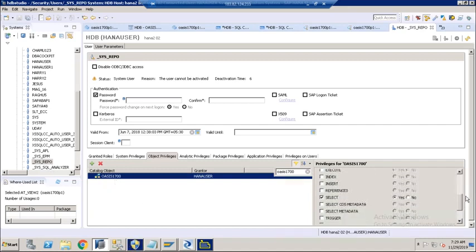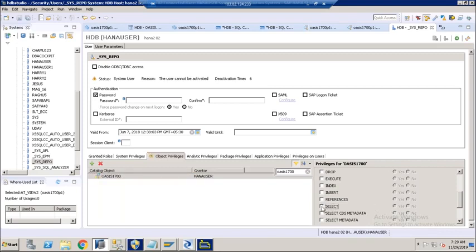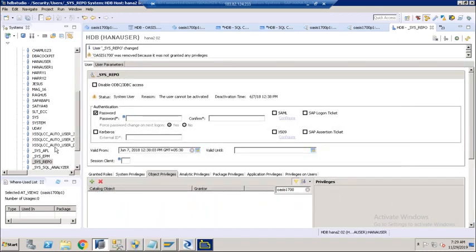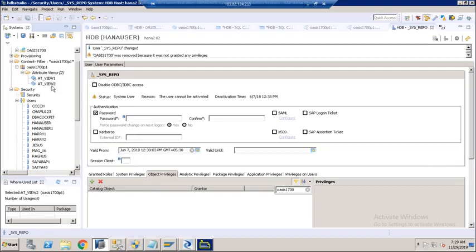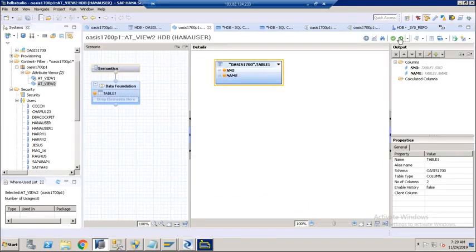Here we selected this checkbox, that's why grant select with grant option is there. So I am just unselecting this, which means I am reverting this, and saving. Now if you go back and do save and activate,